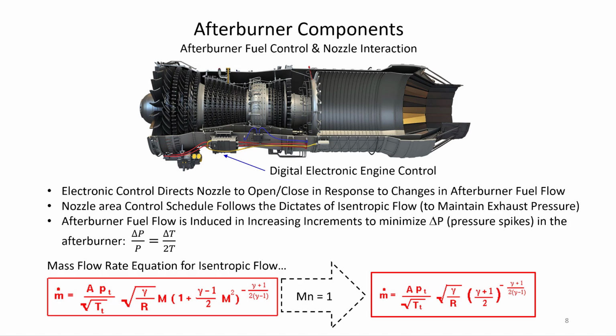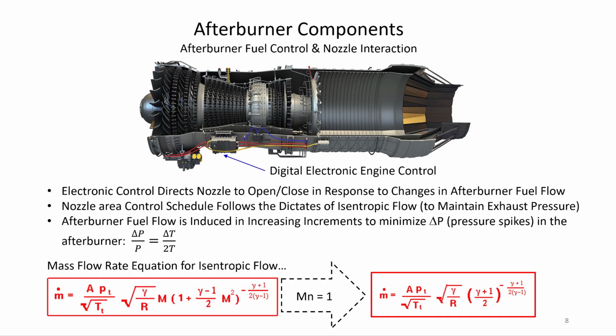And then finally there's the digital engine electric control. A very important function that this thing serves, and that is to coordinate the opening of the nozzle with increments of fuel flow. What it means is if we put all the fuel flow in at once, if we turned on all these fuel injectors, you'd get basically a huge explosion in the back here, and you would tend to stall the engine. So the way this normally works is that the fuel is introduced in 5 or 6 increments,